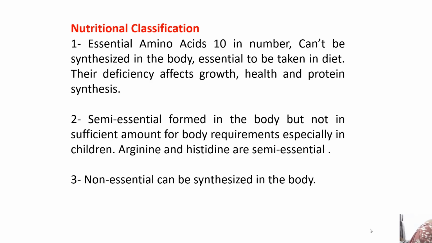That's why they're essential to be taken in diet. Their deficiency can affect growth, health, and protein synthesis. Semi-essential are formed in the body but not in sufficient amount for body requirements, especially in children. So arginine and histidine can be termed as semi-essential,